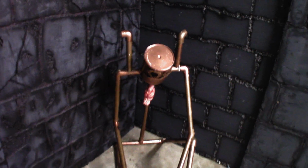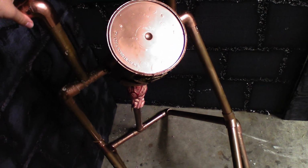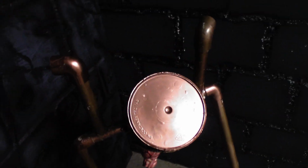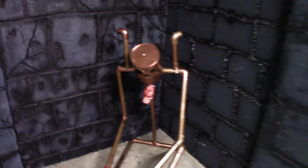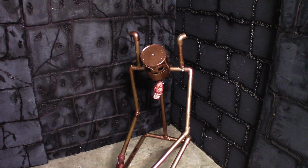I couldn't add the thing that I wanted to Rusty because it was just way too big and too heavy. So I added these instead. PVC pipes that kind of look like tubes, or I don't know what you'd call it, but